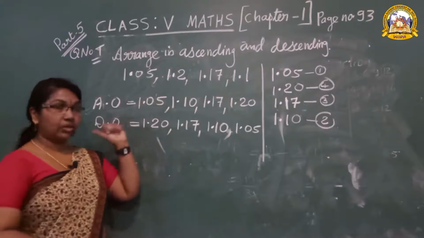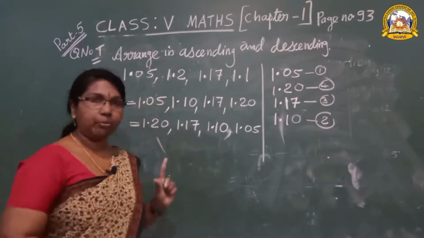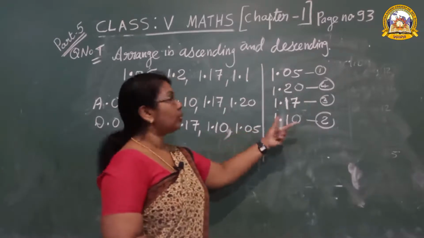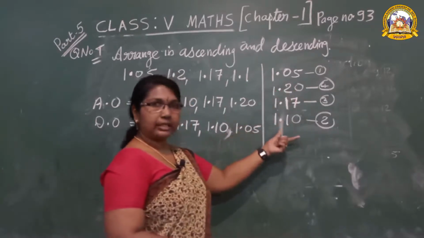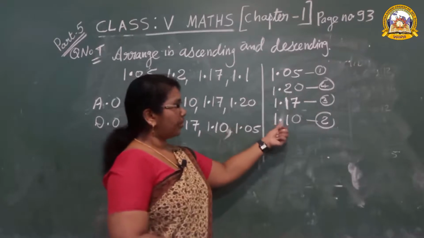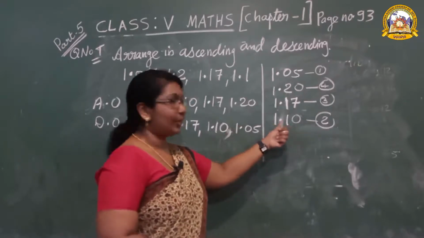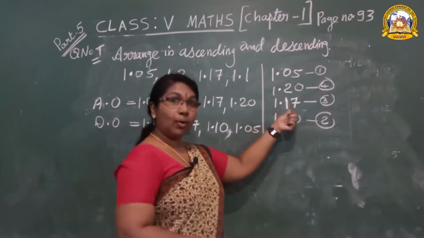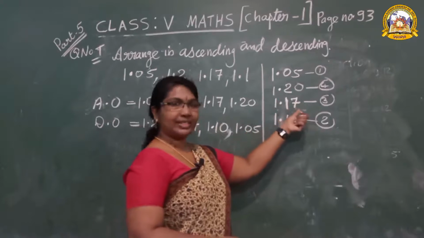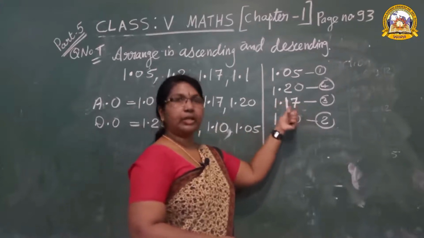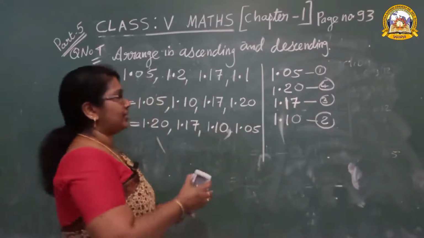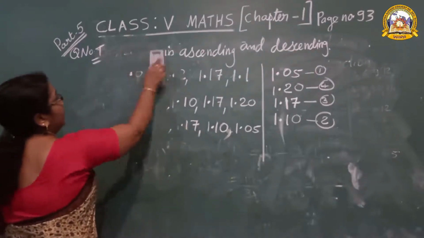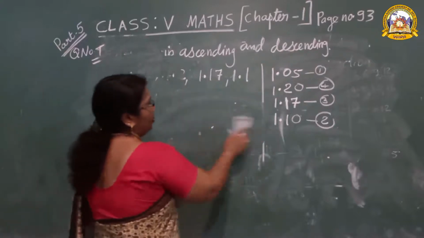Dear students, while we are writing, remember the 1 point only. When the digits are less, you can use zeros. So now it is like decimals. How to read this number? 1.10? No. How to read? Read this one. 1.17. Don't read it as one point seventeen. I think already we have studied it. Now both orders are over. Arrange in ascending and descending order.